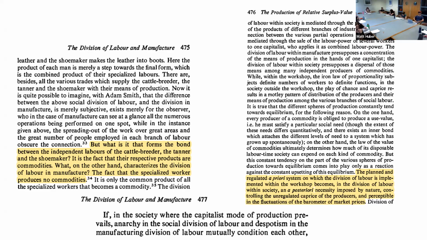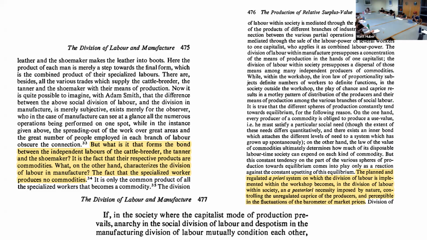What we have is, in the capitalist mode of production, in a society where it prevails, you get anarchy in the division of labor of society, where the division of labor in society is guided by just markets and commodity exchanges and the gyrations and anarchy of markets. But it's despotism in the workshop, in the actual zone of production. That part of society is submitted to social regulation and planning, right? The capitalist actually plans in the workshop. They actually regulate what goes in, what goes out, how to subdivide the task, how to organize production in a